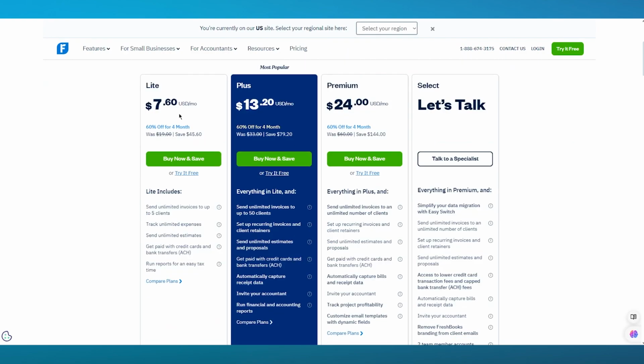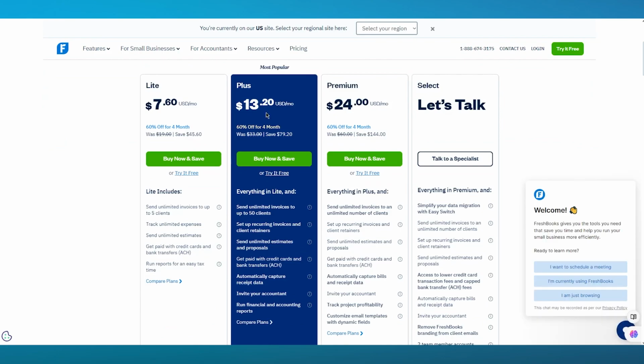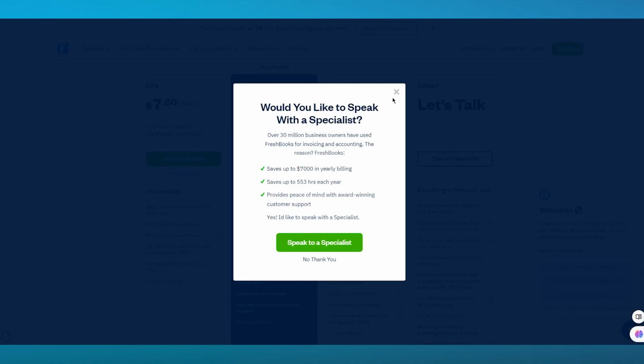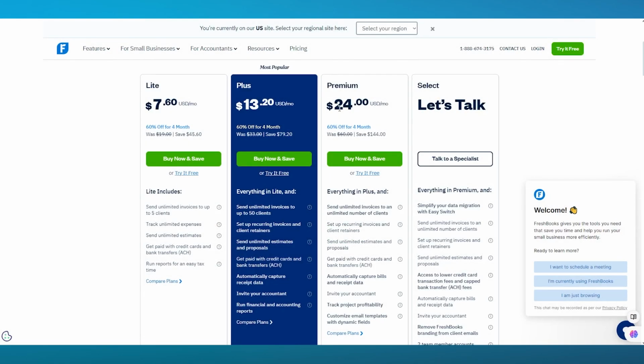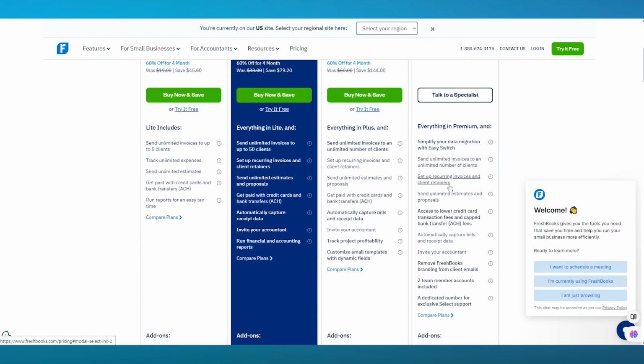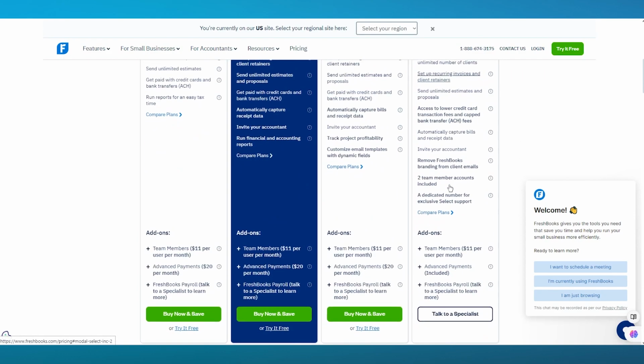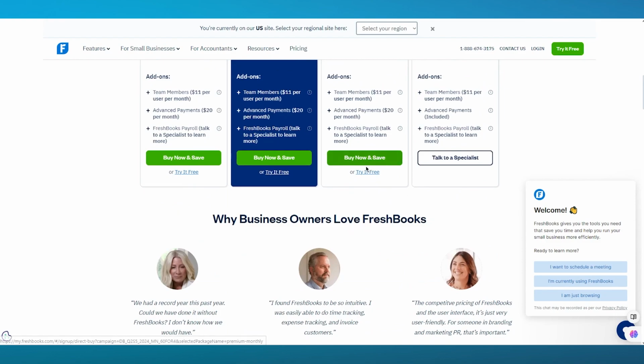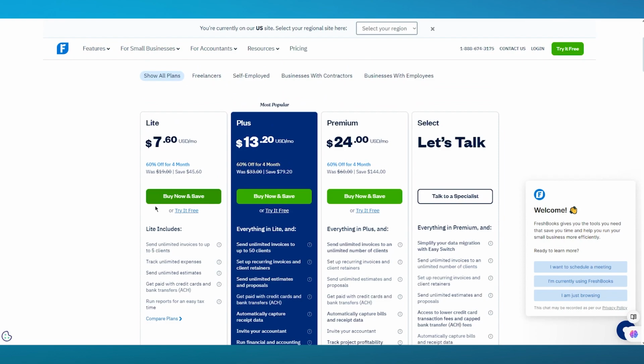Okay. So we have the Lite version for $7.60, the Plus version for $13.20, the Premium version that comes up to a whopping $24, and then we have this, the Let's Talk plan. The Let's Talk plan is basically an enterprise plan that you can talk to a specialist to get a plan of your type. Okay. And again, you can try all of these for free, which is basically a free trial,